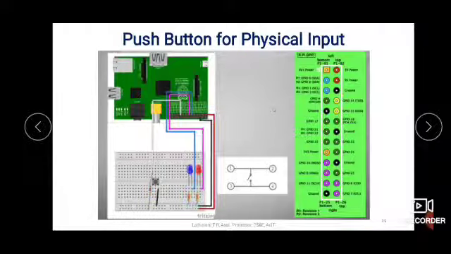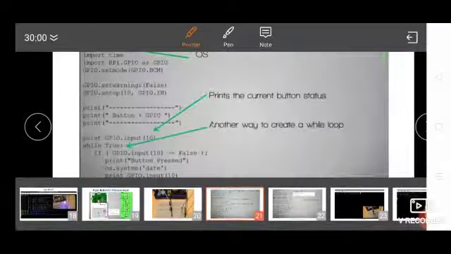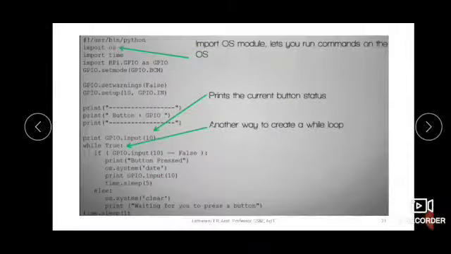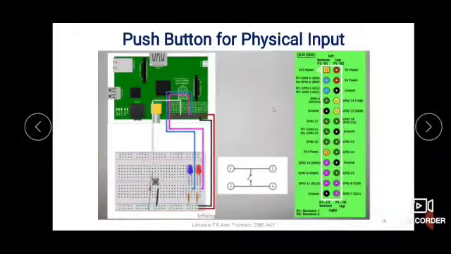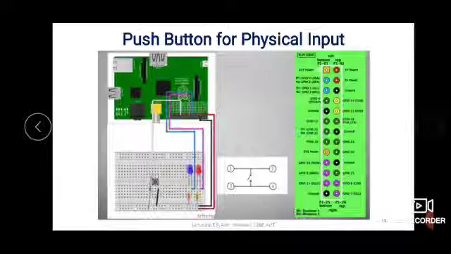Then you can see the push button internal design will be like this. It is having 4 pins, 1, 2, 3 and 4, and there is a circuit in between. When you press the push button, the circuit will close and it will make the operations.